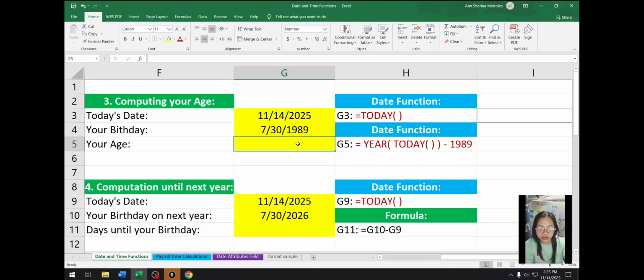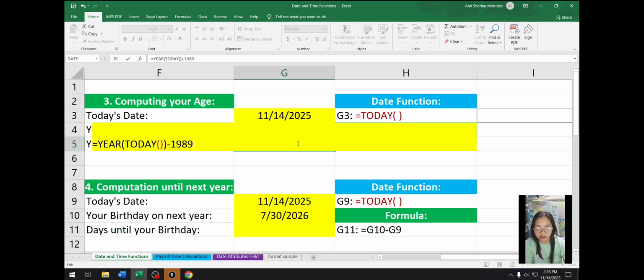To compute my age, I need to enter the YEAR function as my formula together with TODAY as an argument. Then subtract